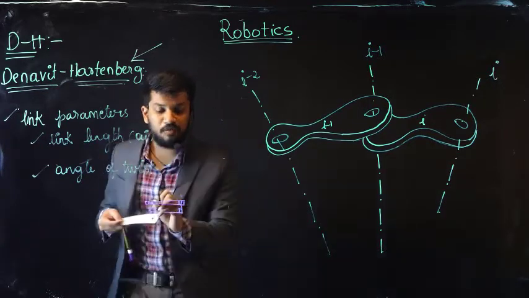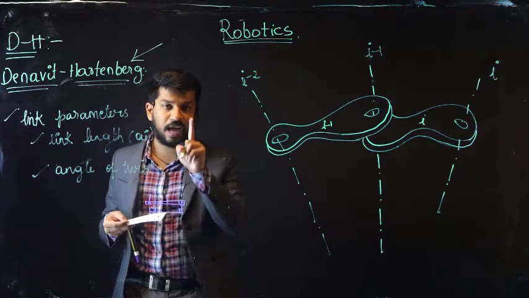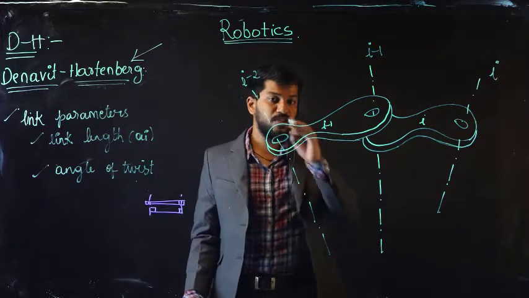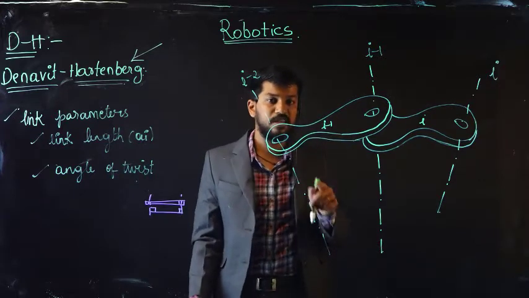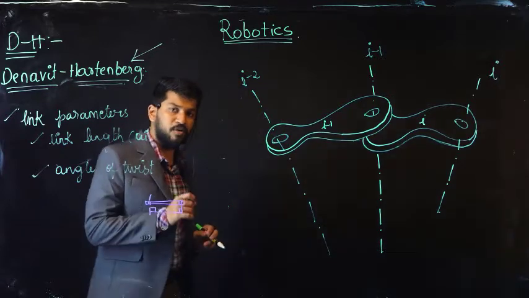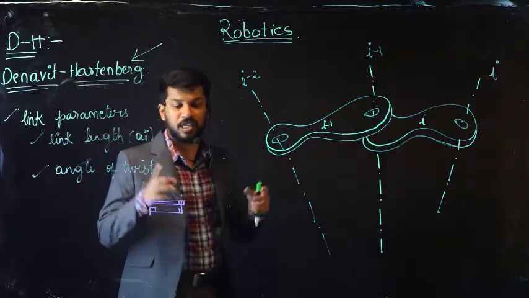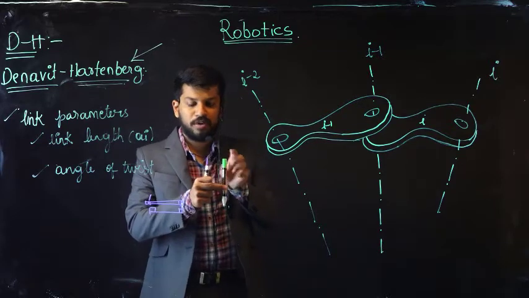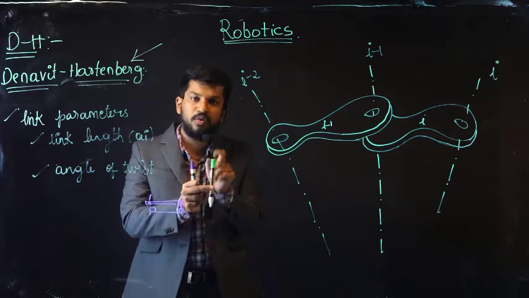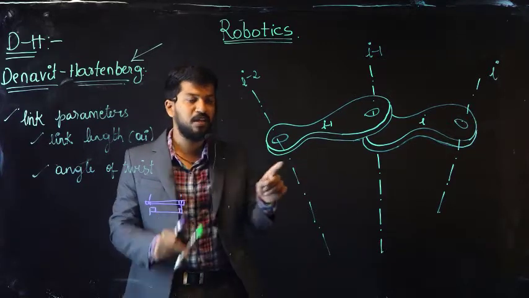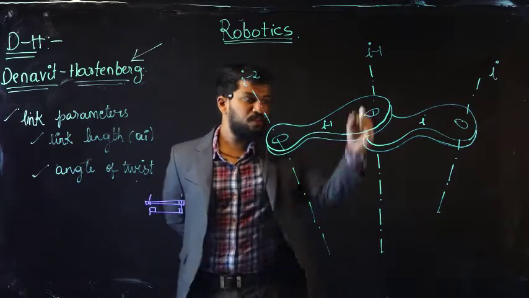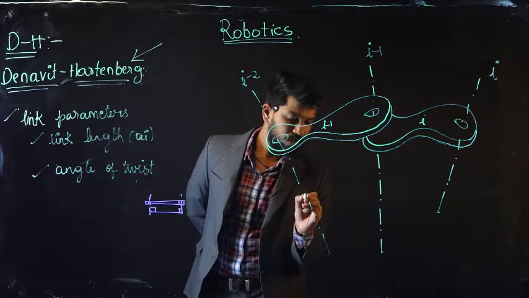Initially I mentioned that you need to draw a line which is perpendicular to both the axes. Here also I need to draw a line perpendicular to both these axes, and here I am referring to it as the skew line. Don't have any doubt that we can draw n number of lines. You can draw n number of perpendiculars only when you have two parallel axes, and all of those perpendiculars give a single link length. But here you will have only one common perpendicular between these two skew lines. Let that one be.